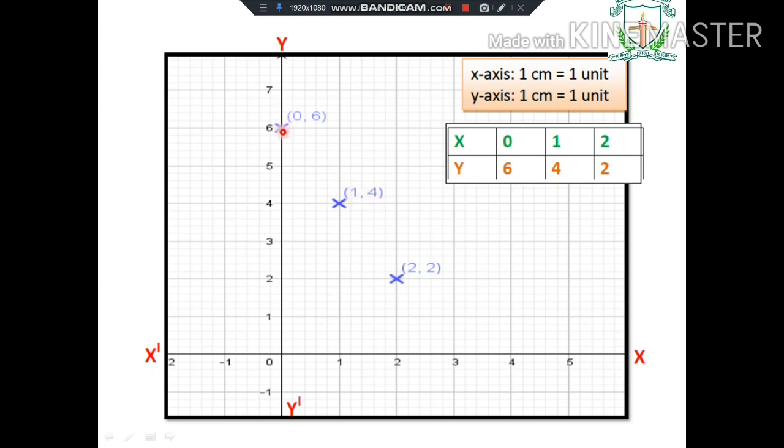Dear children, you have learned how to plot 2 points. One more point is there, 2 and 2. x-axis 2 and y-axis 2. Dear children, from 0 you move to the right hand side, that is plus 1 and this is plus 2, and y is also plus 2. Move on the y-axis plus 1, plus 2. Mark here and we have got all these 3 points, dear children. You can see they are on the same line. Connecting these, you draw a line using a scale.